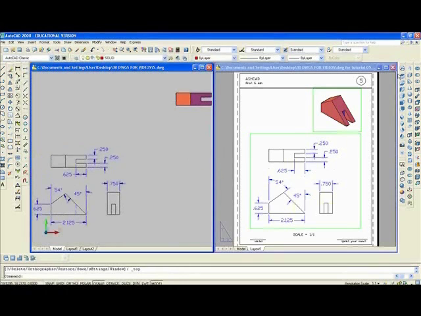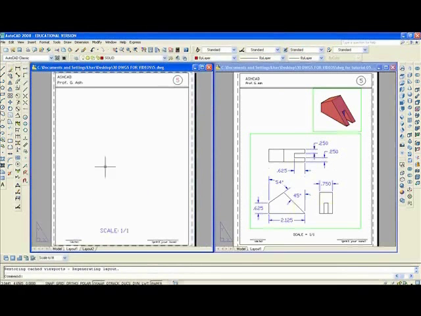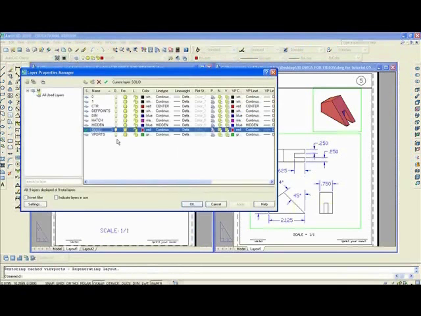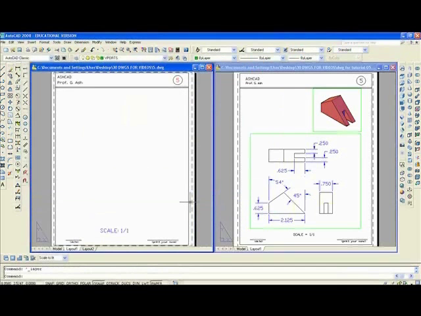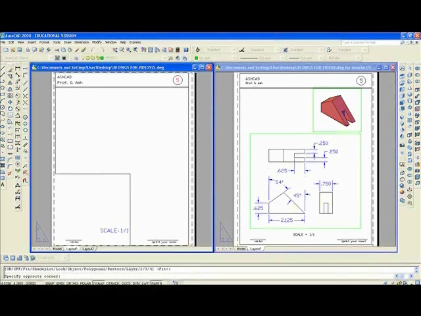I'll move into the top view. Then I'll hit the layout button, and I'm going to make layer viewports current. I'll type MV for M view and make a big window,